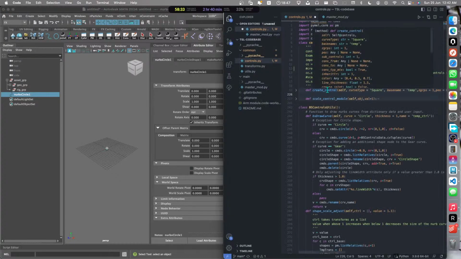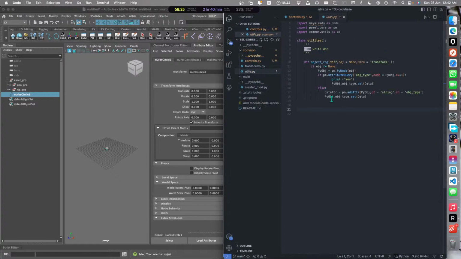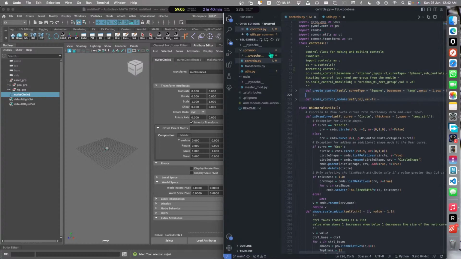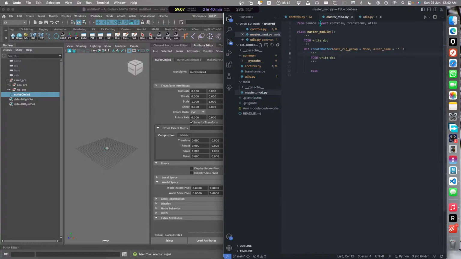And to be honest, let's just add a to do here. To do: add definition to add string attribute for asset name. So we can just say utilities dot add asset name, and it will automatically find and add the name, right? So coming back to our main module,